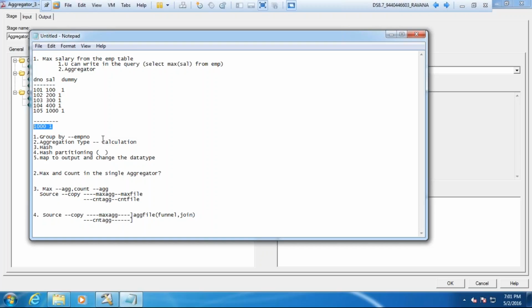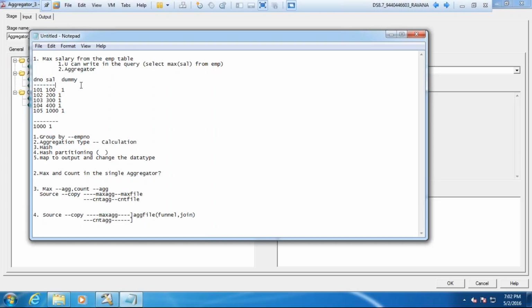That I got. But just like Nasir said, if we have the employee number in the table and it's showing one. That is why I said I need not mention any existing column name. That's the reason I said create a dummy column, which is not present in the file.